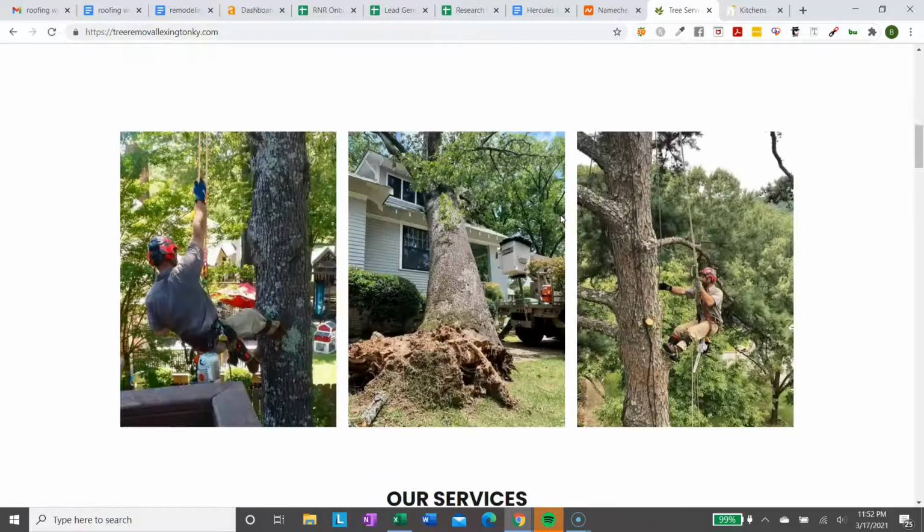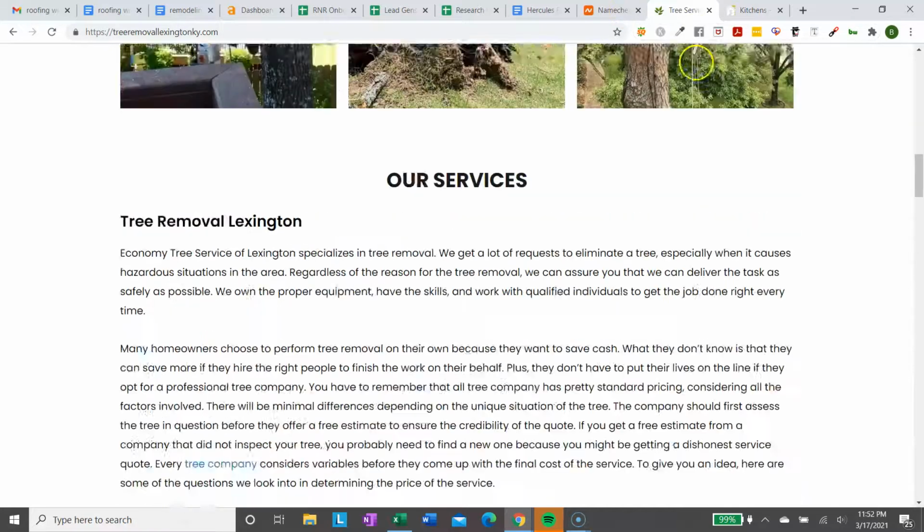We built this website and ranked it on Google number 1, and every time it gets a call from a different contractor, from somebody asking for tree service. What's up with my website? Oh, this is not even my website. Oh, clicked on the wrong one. Well, whenever it gets a call, if this was my website,